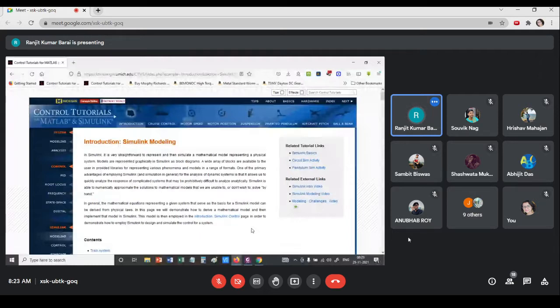G for Gujarat or Goa, then code, G code or graphical code. So in graphical code, what is done? There are few building blocks. Building blocks means in the background they are script, but the functions which are written as a script in the background, at the front end, the user can use them as an icon.